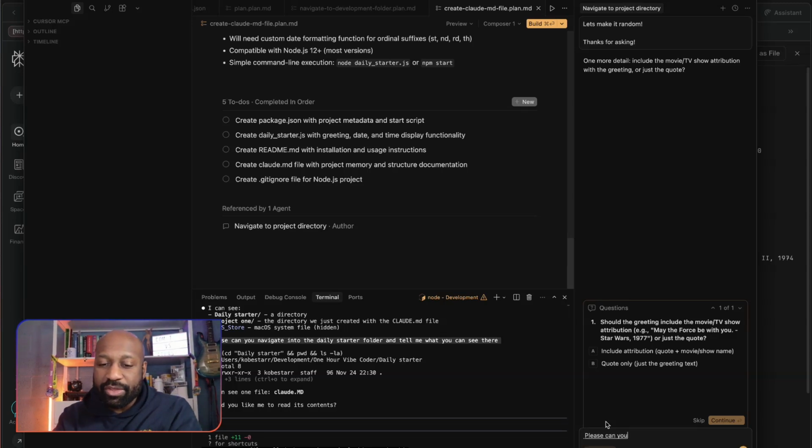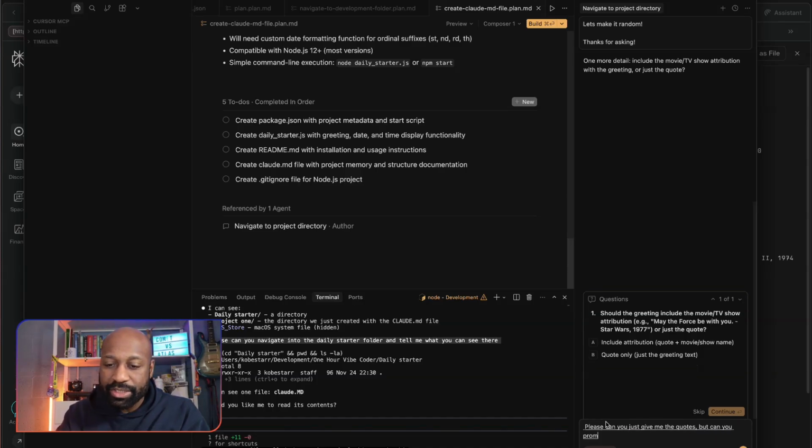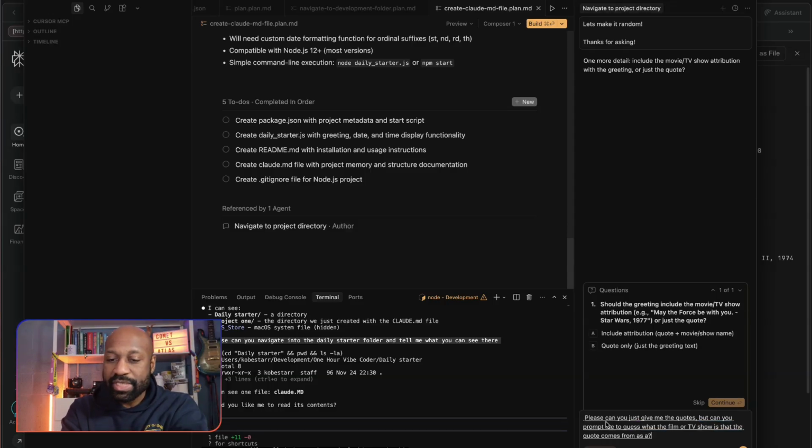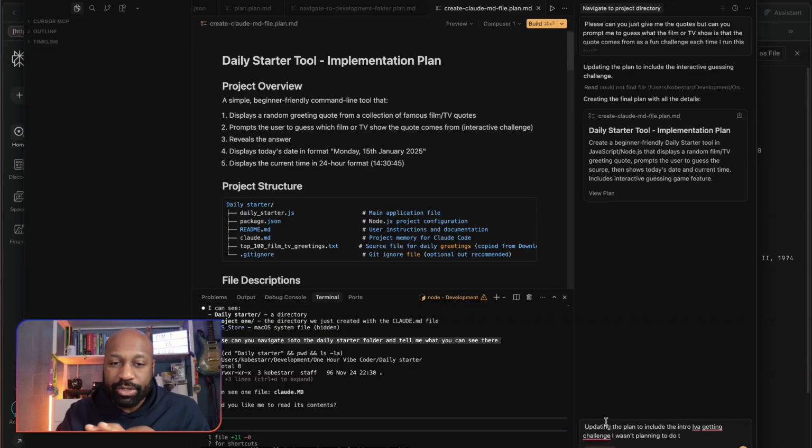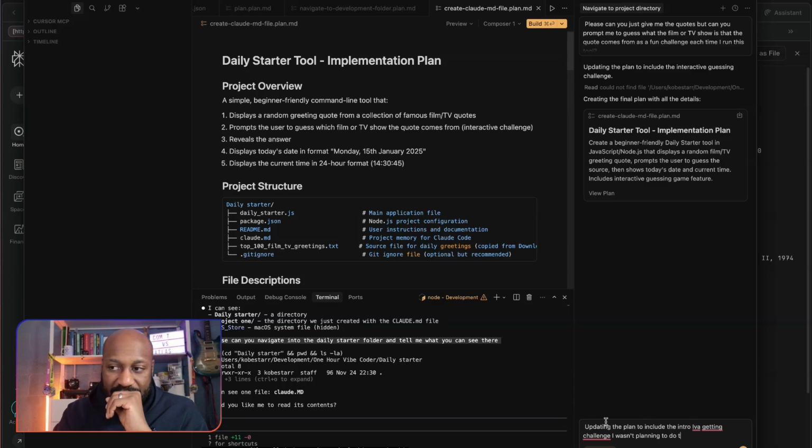Please, can you just give me the quotes, but can you prompt me to guess what the film or TV show is that the quote comes from, as a fun challenge each time I run this tool. So now, updating the plan to include the interactive guessing challenge. I wasn't planning to do this. I don't know if it will work, but initially it was just print something on the screen,